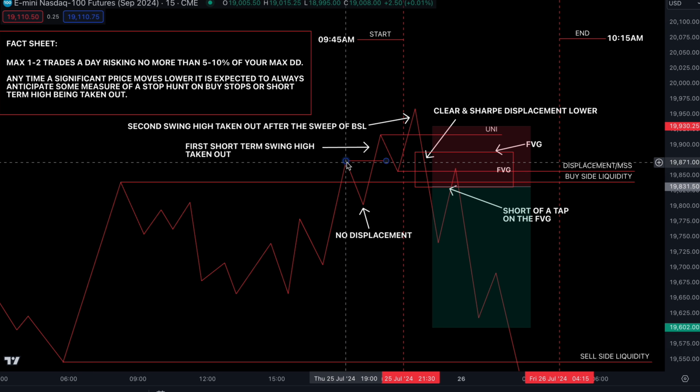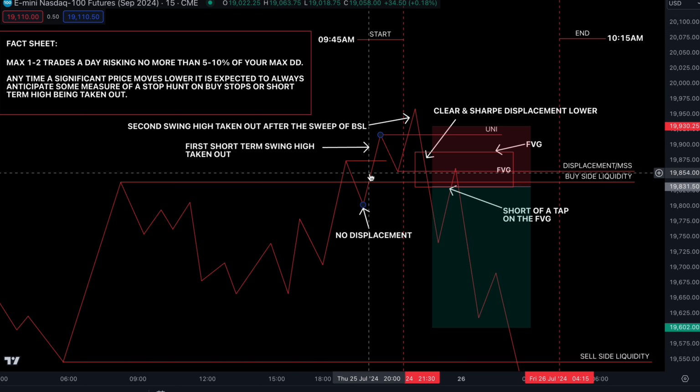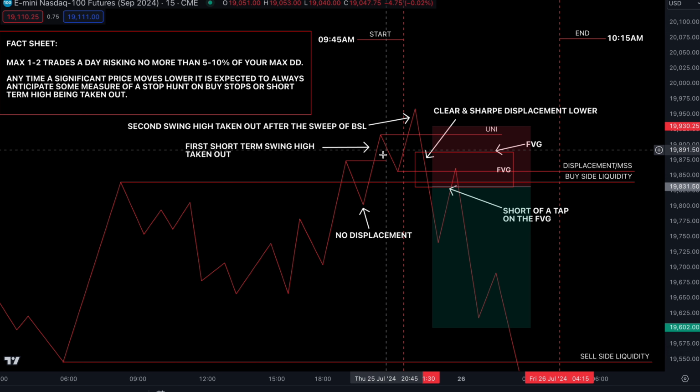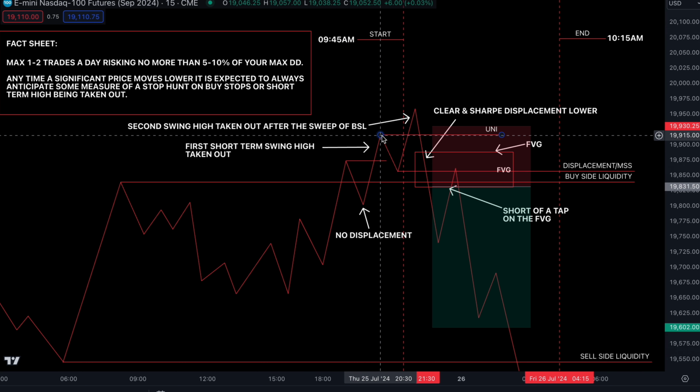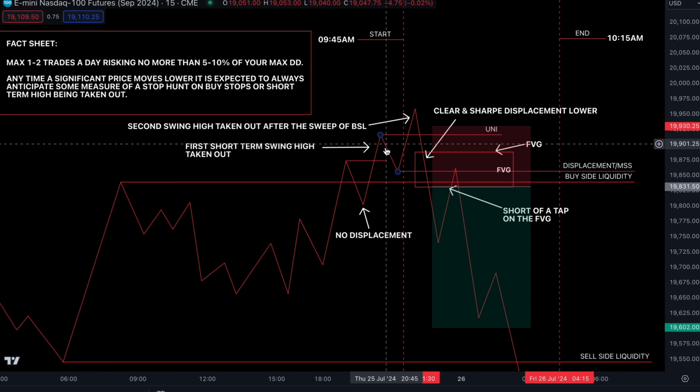Here you go. So the short-term high, which originally took out buy side liquidity, you look for it to get taken out. When price has now taken out this short-term high, you would anticipate a displacement which will be below the previous swing low which it created before it took out that previous swing high. What rests above here? Buy stops. So price has come up, it's taken buy stops, and then if it has generated enough liquidity and it is the right time and it's just before the macro, then you would anticipate and see a fat displacement.